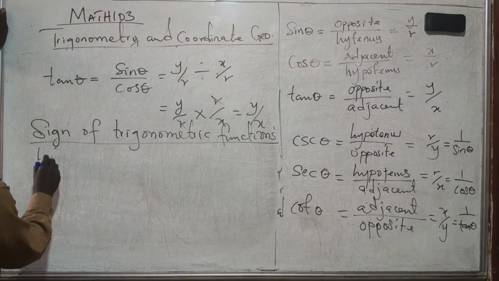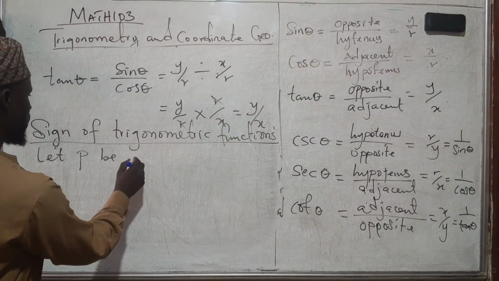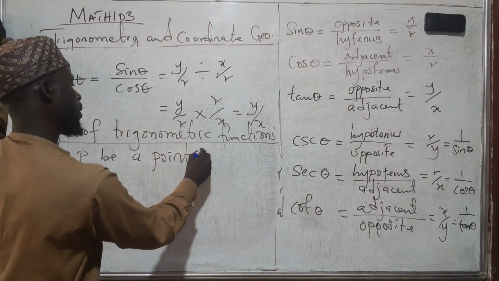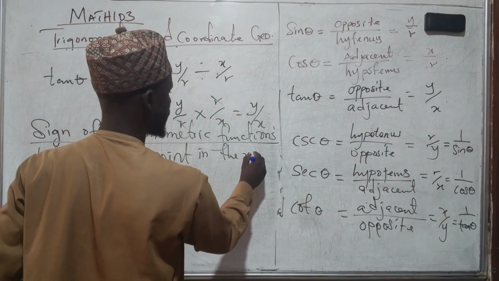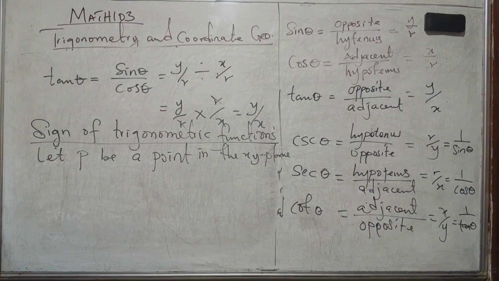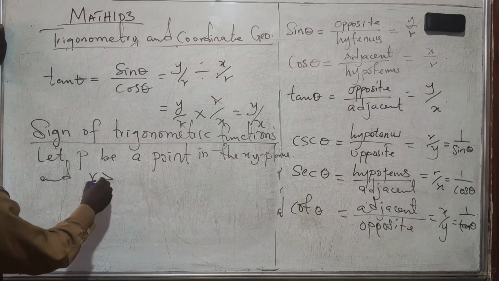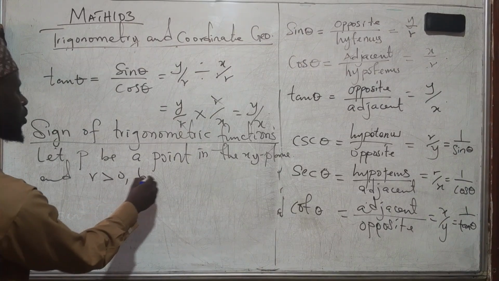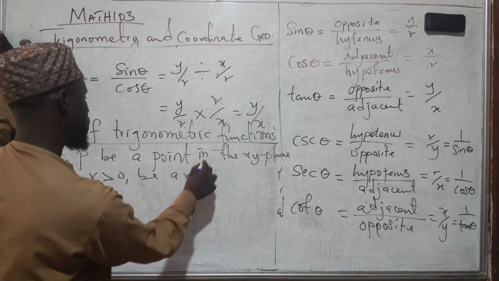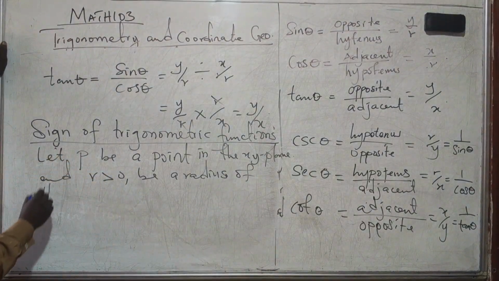Let P be a point in the xy plane, and let r greater than 0 be a radius of the circle